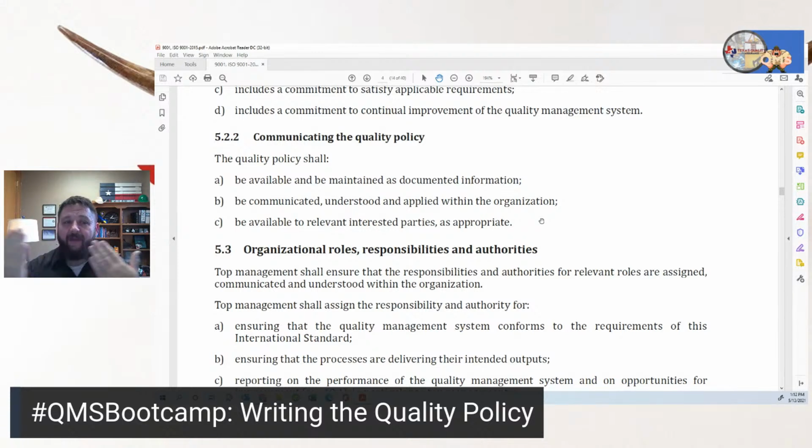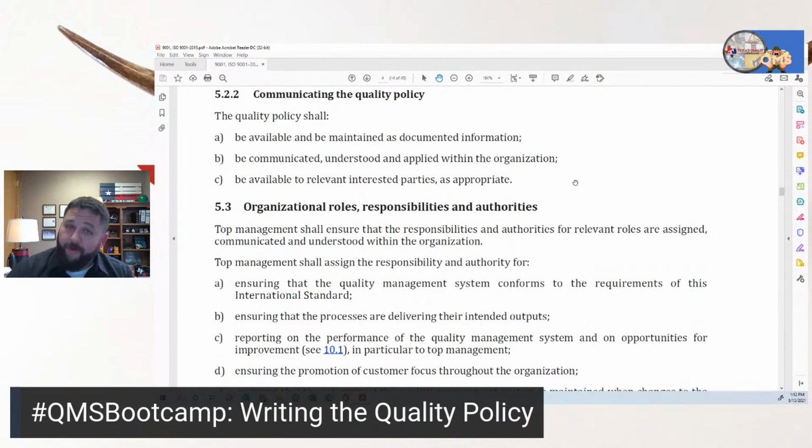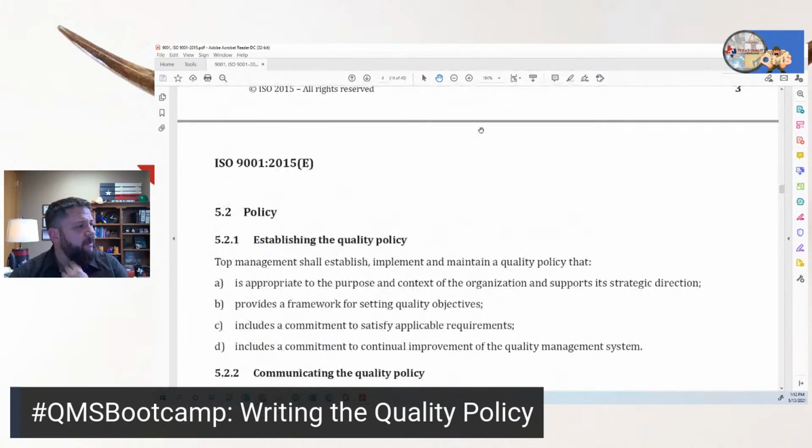If we made a little Venn diagram, I guarantee every one of those organizations that can respond quickly and meets those requirements, their people could also recite a really darn good version of that quality policy. It must be made relevant to interested parties as appropriate. So interested parties could be your auditor, could be some legal requirements, could be your customers, who knows, but you need to be willing to share it. This is not an internal secret. This needs to be made available to folks as required. So that's really all we have on the quality policy.